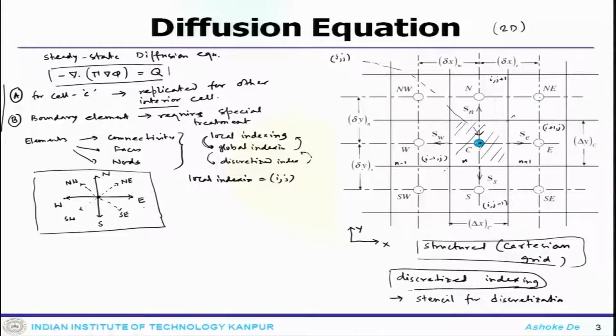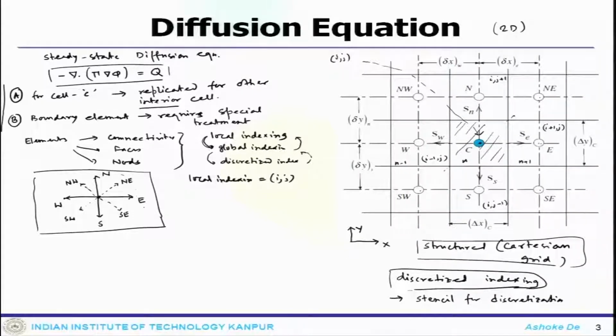So, theoretically or ideally the cell C is surrounded by 1, 2, 3, 4, 5, 6, 7, 8 cells. That is our directional notation. One middle cell or middle element is surrounded with 8 neighboring cells. All these elements or cells are the neighboring cells to C.